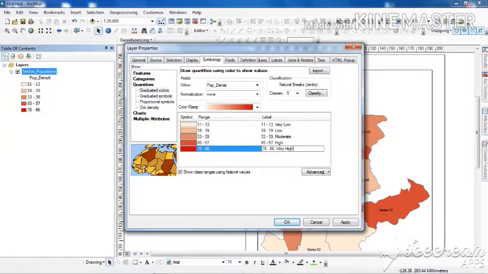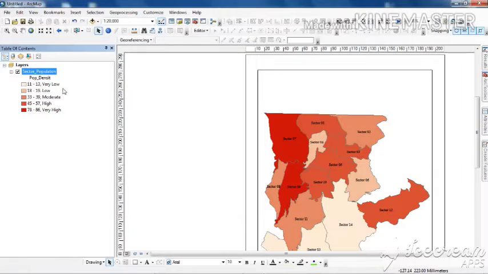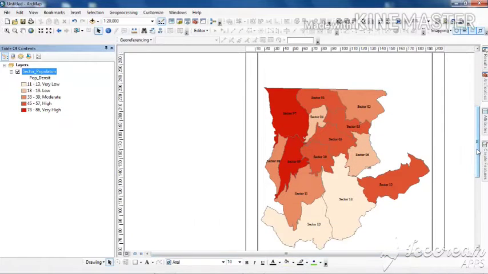Why am I taking 5 classes? Yesterday I also mentioned, because it is the most conventional process to divide the density values into 5 respective broad classes. You just see it is also reflected over here now. So this will come as our legend.